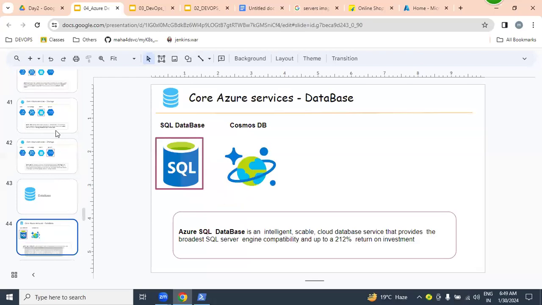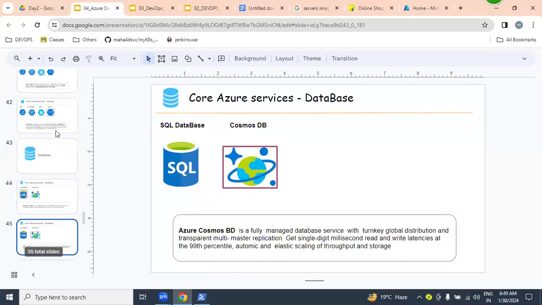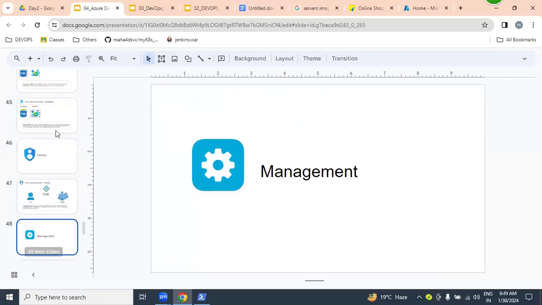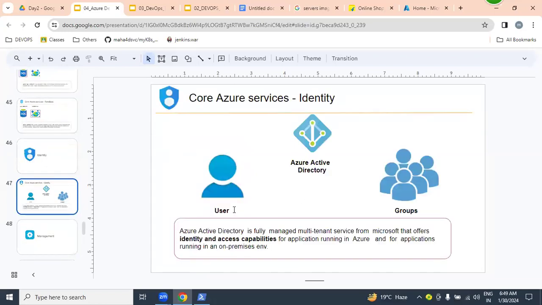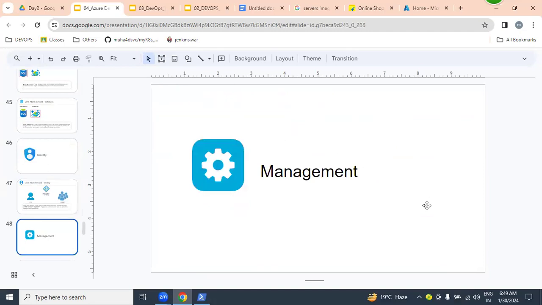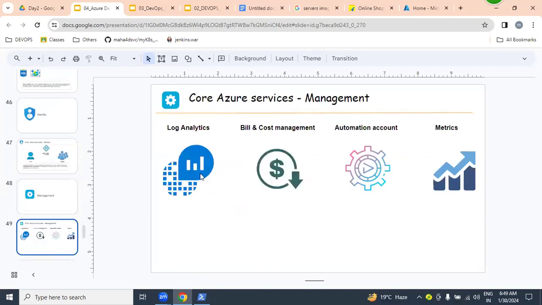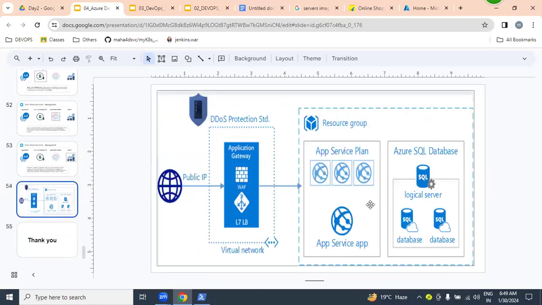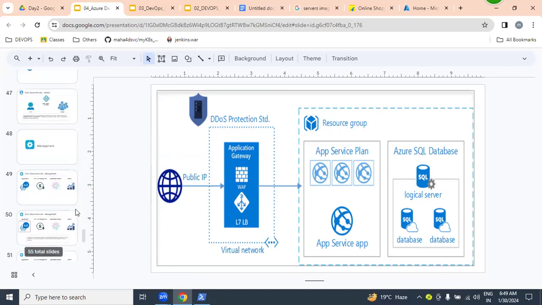In databases, SQL database and Cosmos DB. In identity, Active Directory, user management, and group management. In management, log analytics, billing and cost management, automation, and monitoring of our services. These are all the services we are going to discuss in this infrastructure.